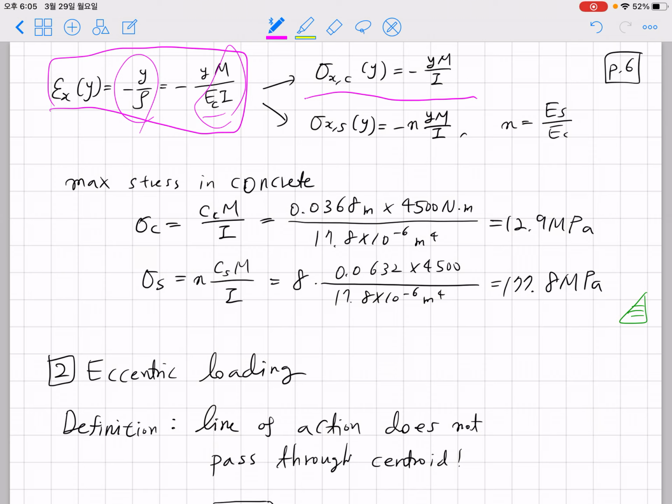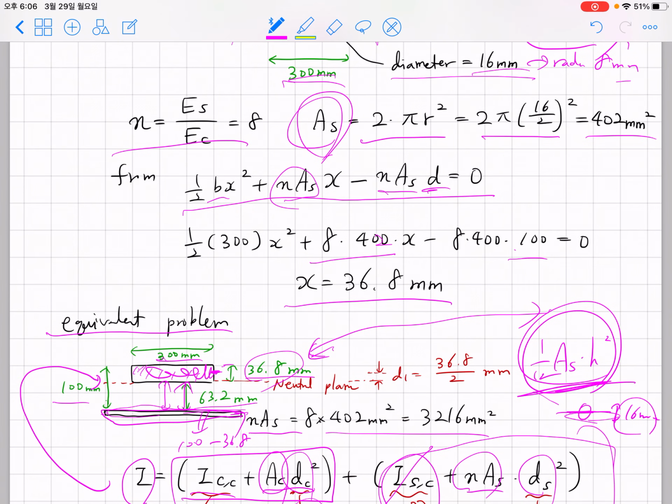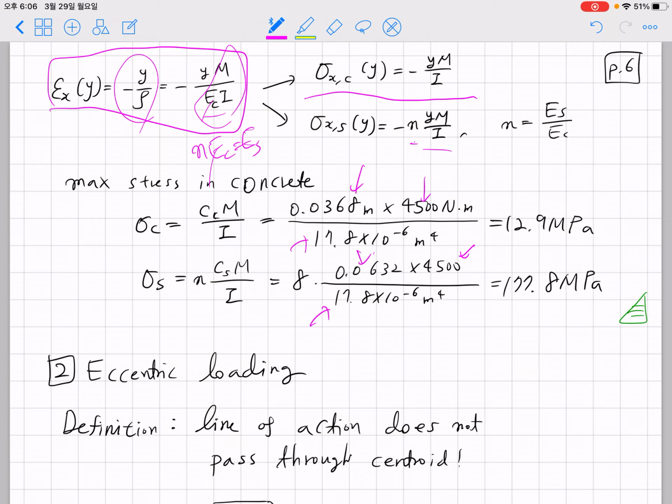For steel, we can obtain n times Ec or Es, and after cancelling out Ec, we have n times yM over I. Now, we have some numbers from the question, 36.8 and 63.2. After plugging these numbers in, and I from the previous page,